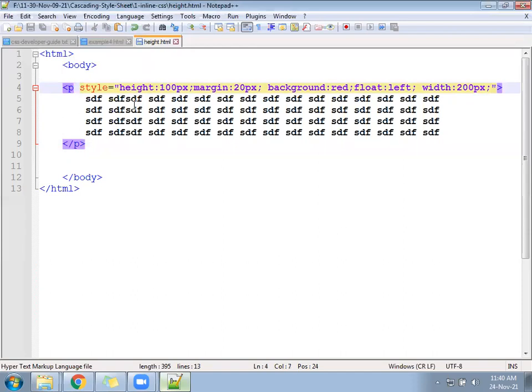Save the file and check once whether the text is within the paragraph or out of the paragraph. Text should be more. Only if the text is more will it go out of the paragraph. Keep more text.